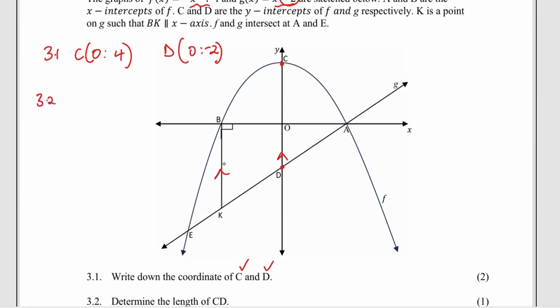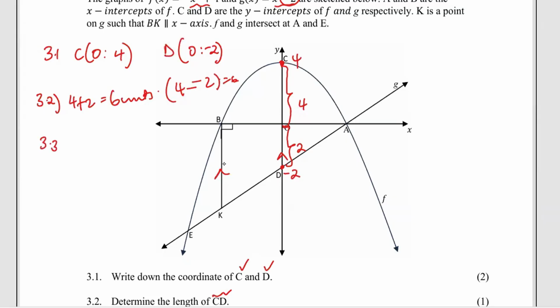All right, then 3.2, determine the length of CD. So if this is a negative 2, and this is a 4, we have 4 units there, and then we have 2 units there, meaning that 4 plus 2 gives us 6 units. Alternatively, get a bigger value, which is 4 minus 2, which is 6 as well. All right, then 3.3,